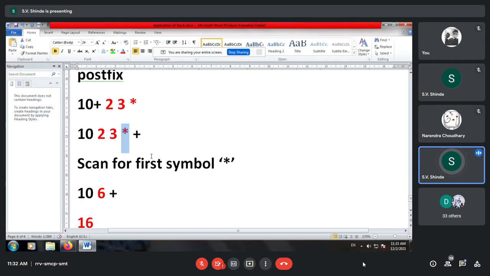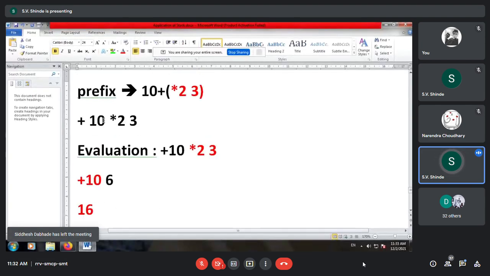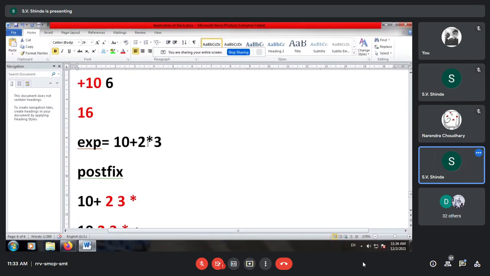What is happening over here in prefix? We have to leave this plus sign and then we have to move to multiplication, and then we have to backtrack, that is, come back to the symbol plus, which is not expected for mathematical equations. It is expected that it should be sequential.